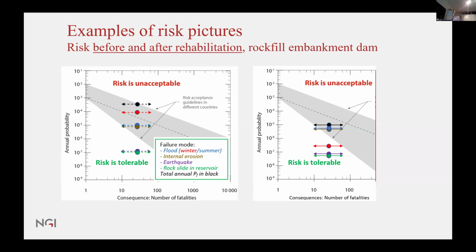It was such a bad winter, so much snow. The spillway was completely blocked. And because there was so much snow, it did not melt until June. And so there was much too much water. And the rehabilitation measure decreased the failure probability by this much, and this became much closer to the tolerable zone.